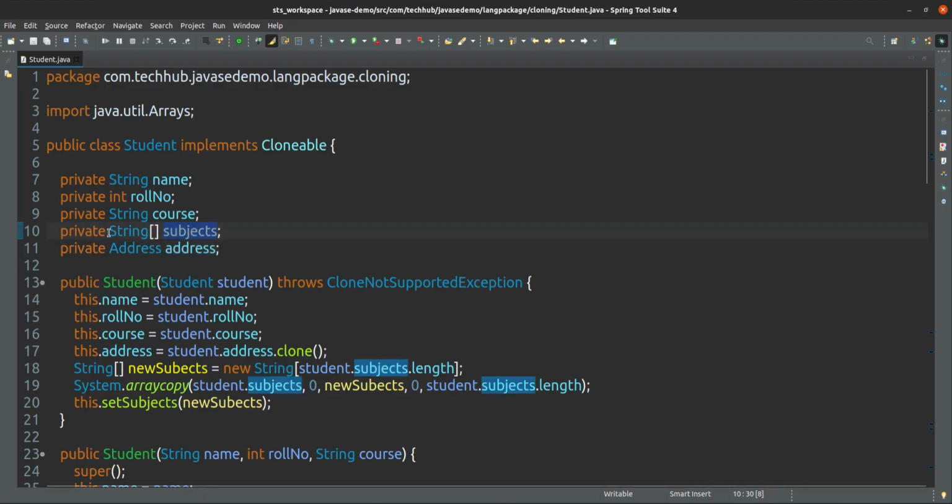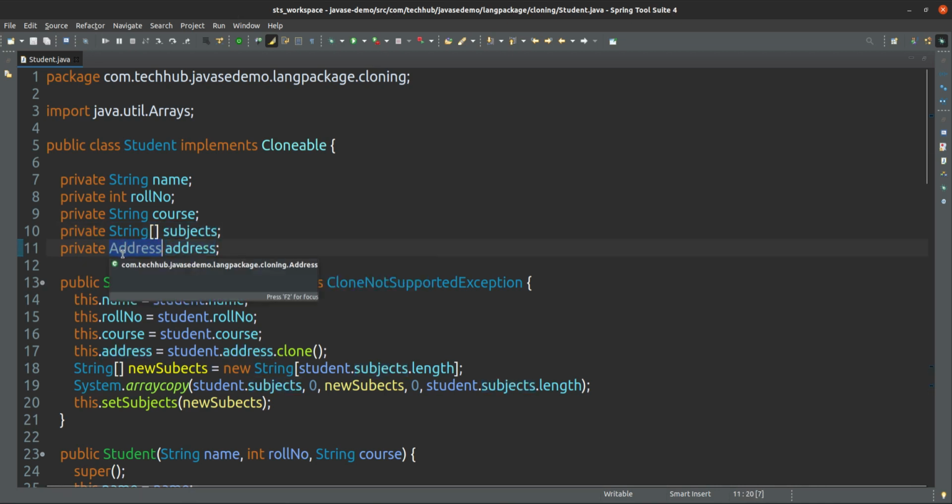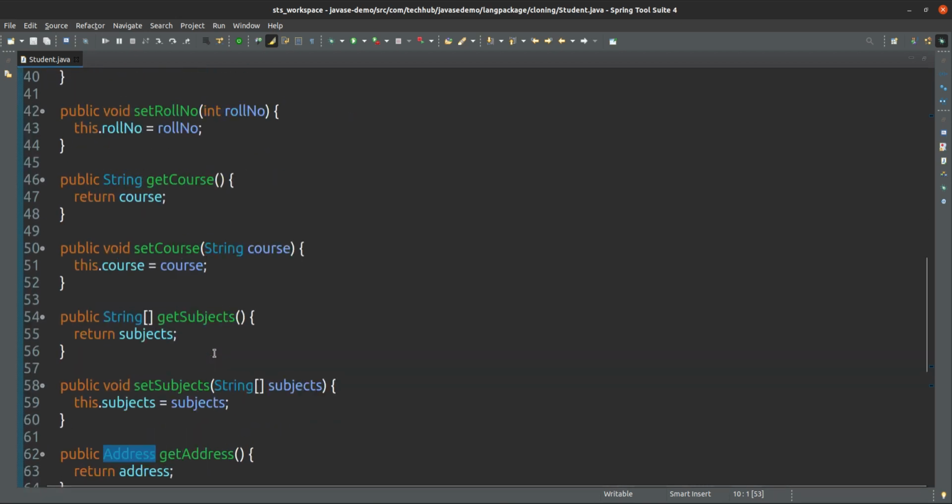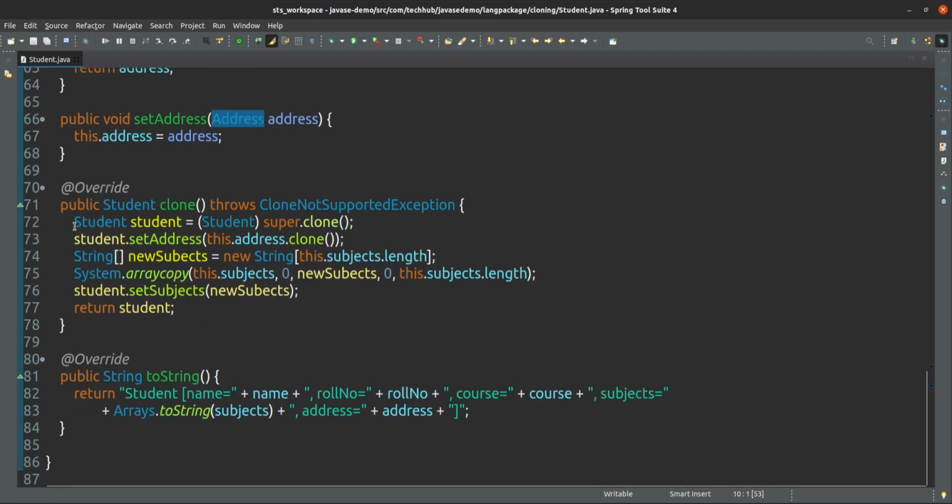Subjects is another object, an array, and Address is another object of Address type. So we have to clone those also. That cloning we have to do manually. The clone method will not do that. We have to do it separately, and we are doing that in this way.